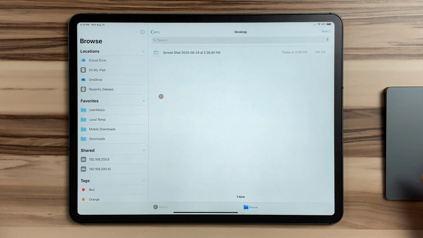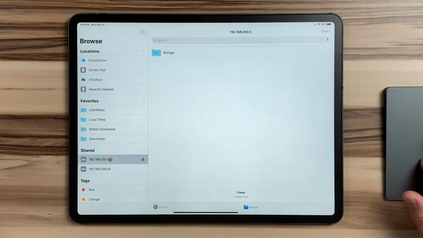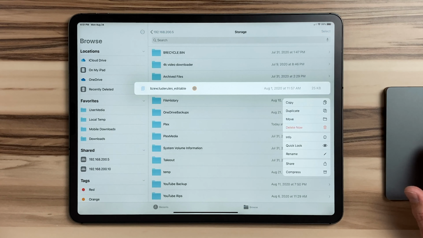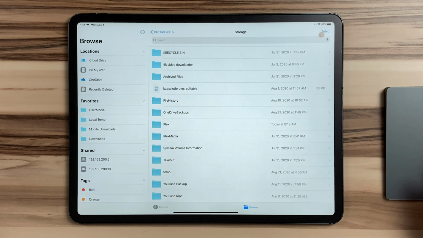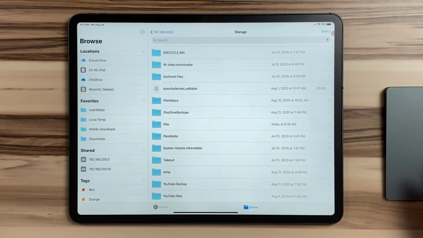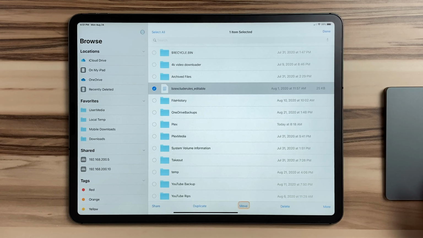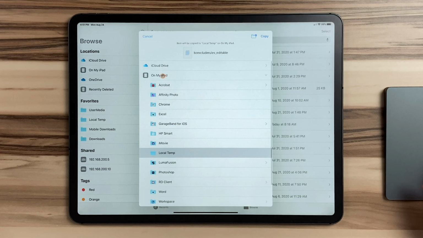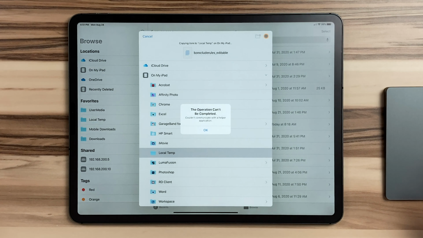To transfer a file from the network share to my iPad, we just go to a file that we want to transfer. You can either tap and hold, and it's going to give you the menu options, or you can hit the select button up here, tap the file, and then you have more options down here. We'll click more, we'll hit copy. Actually, what we'll do is we'll hit select, and we'll hit move, which is essentially going to copy it if we're moving it to a different device. So the last folder I used was my local temp folder, which is just a folder that I created on the iPad itself that I use for temporary storage. I'll hit copy, and